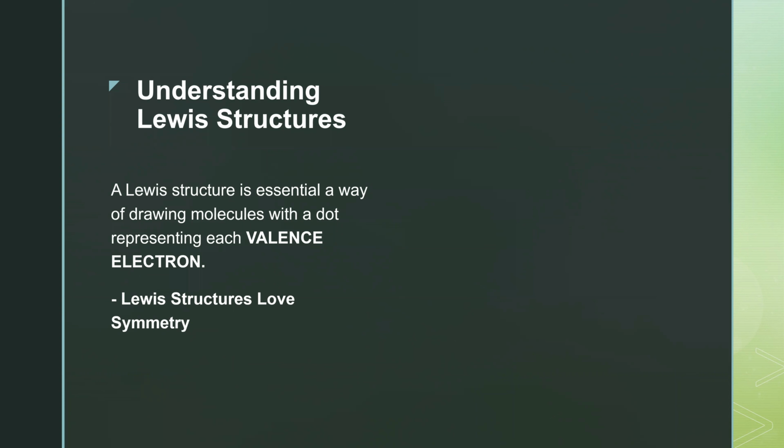Lewis structures love symmetry. So when there's a big complex Lewis structure, there's going to be some element of symmetry to it. I'm going to demonstrate that a little bit later, but just a key point to remember is that they love to be symmetrical. So moving on,